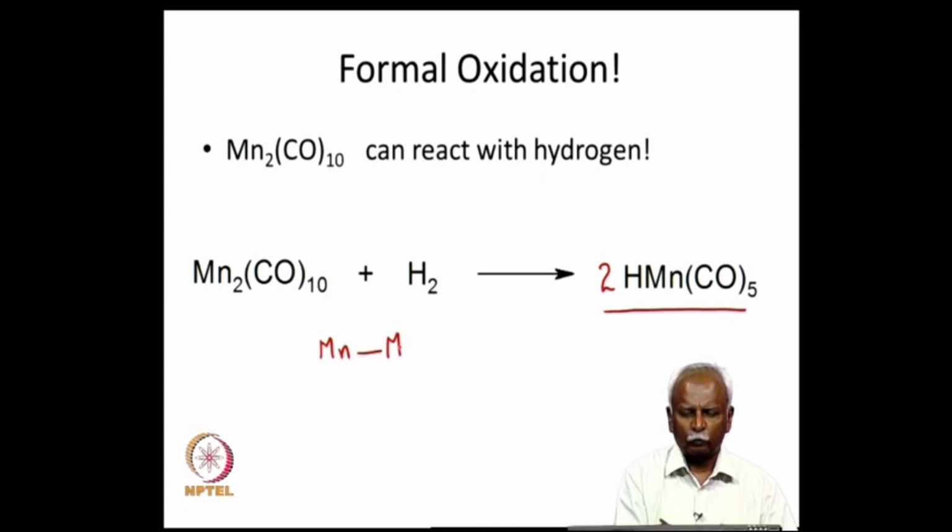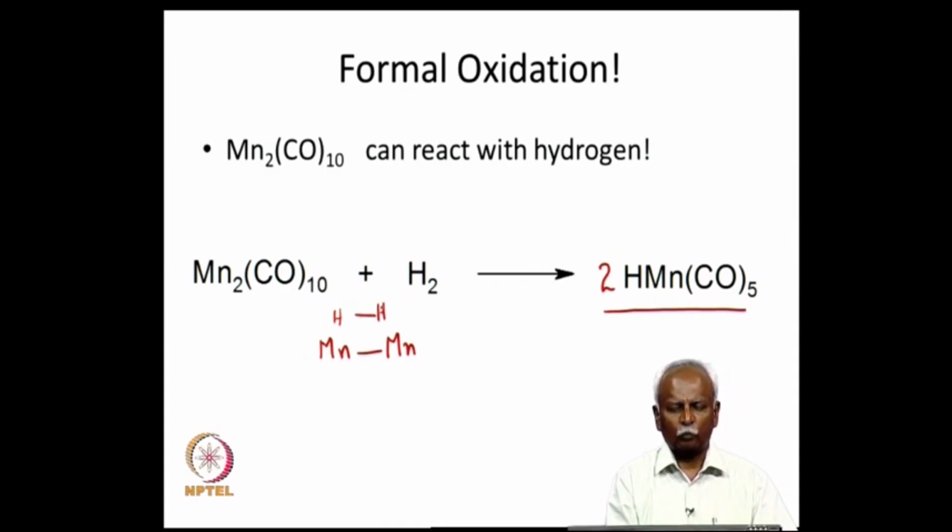So, in Mn2(CO)10 you have a manganese-manganese bond, and in the other reactant you have an H-H bond. If you now break these in such a way that you form a new bond between the manganese and the hydrogen, then you end up with HMn(CO)5. Because hydrogen is slightly more electronegative than manganese, it is written as a hydride complex, but as we have mentioned in the lecture on metal hydrides, HMn(CO)5